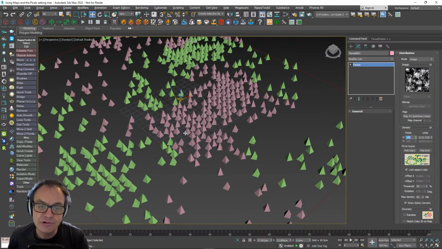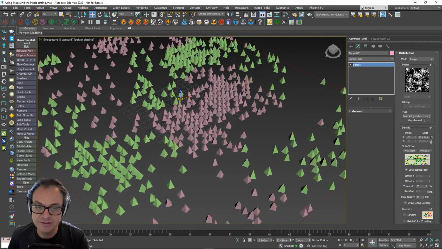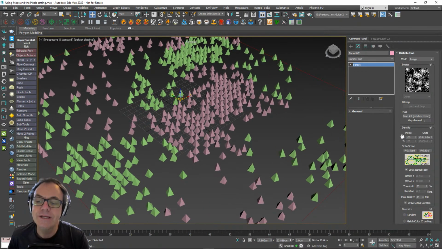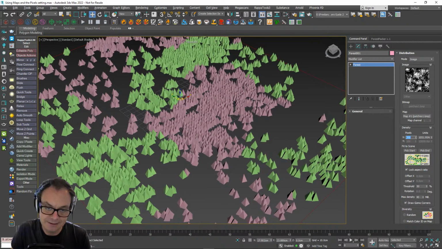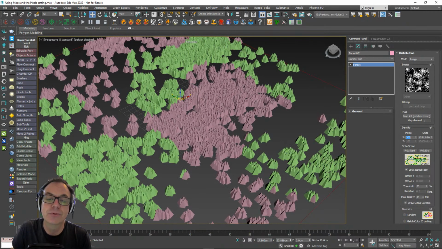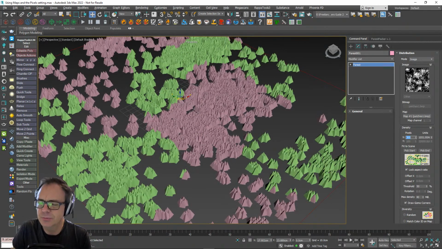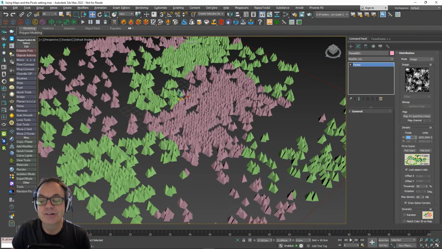So how do I increase the number of trees now, knowing that it still can't use units because it still scales my bitmap, which is in here? The way you do it is by going to the pixel setting next to that and just increasing that number, or decreasing it depending on what you want. And in there I can double the number of trees, I can triple the number of trees, I can quadruple the number of trees. That's too many trees. Just by changing that value.